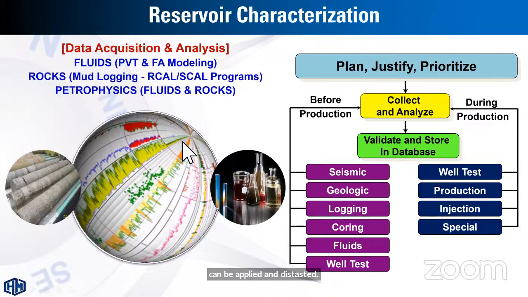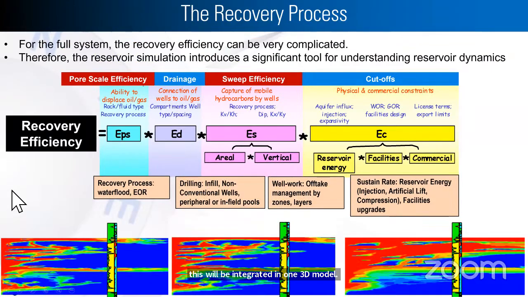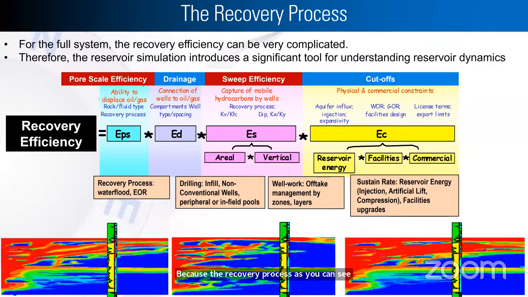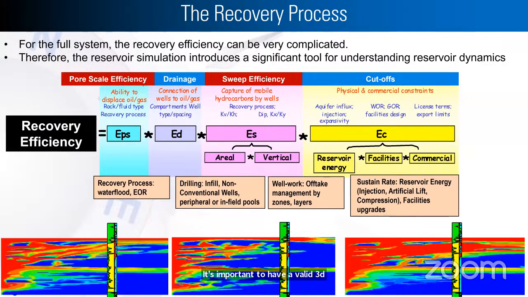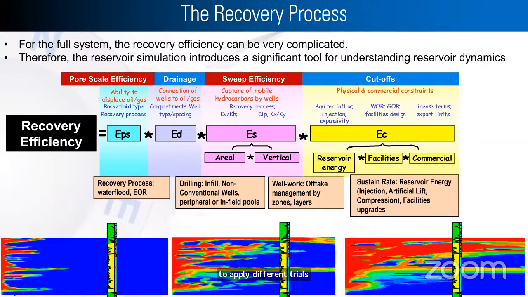So the reservoir characterization process has three main elements: characterization of fluids and rocks, and also the petrophysical data, which is a combination of fluid and rock analysis. All of this will be integrated in one 3D model. Because the recovery process, as you can see, is more complex than you can ever expect, it's important to have a valid 3D model to apply different trials and different approaches on different depletion strategies